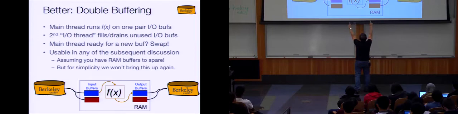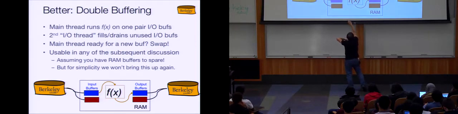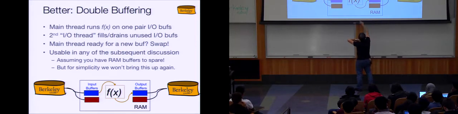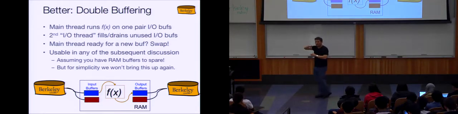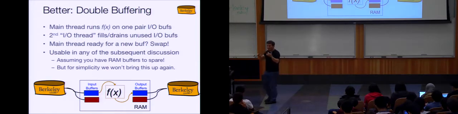And then when the main thread is ready to, say, read another block or write a block, there's a block ready to go, because the other thread either filled it or drained it, okay? And so you just swap the blues and the browns. And you didn't have to wait for the disk drives. That thread that's doing the computation is kind of always computing, and the other thread is doing the I/O